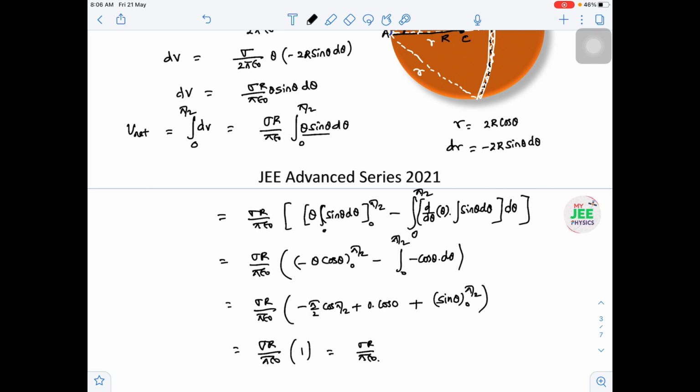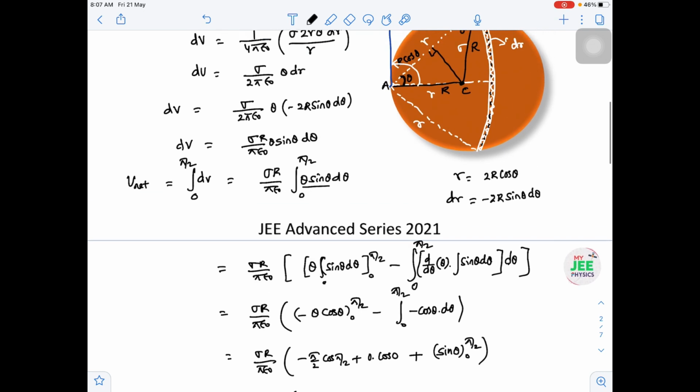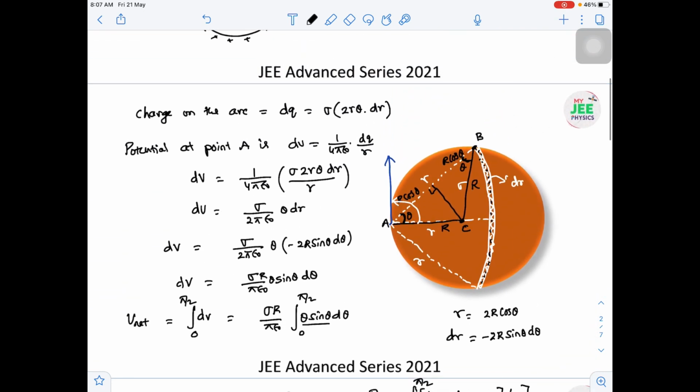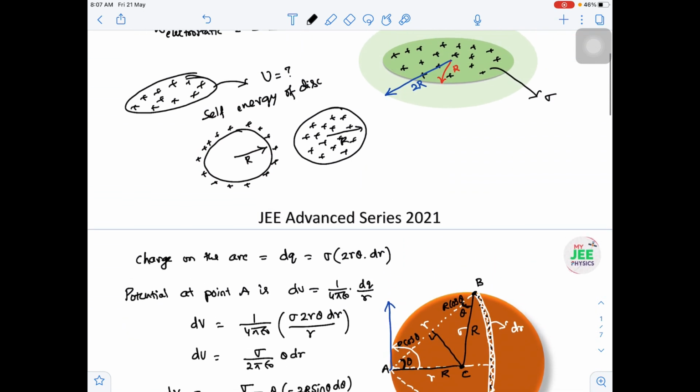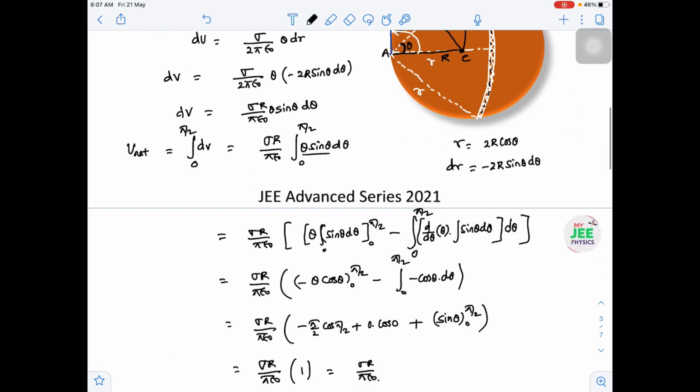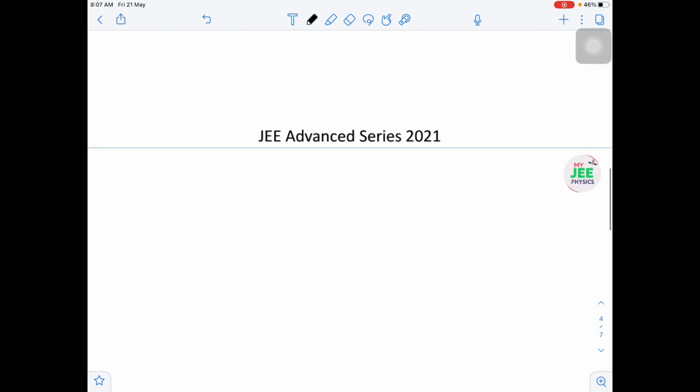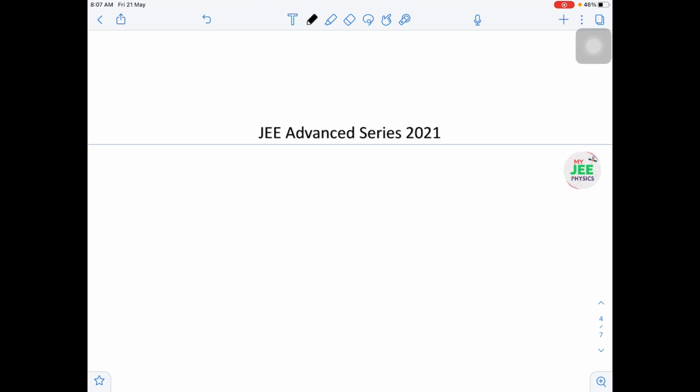Okay, so we have crossed one barrier. We found the potential at one point on the edge of the disk due to the disk. But what are we achieving from this? What is the use of this potential? I told you, we have to find out the energy of the disk. So let us see. Suppose the disk is having the charge, let us say this is the disk. If the disk is having the charge, then what is the energy stored in the disk?